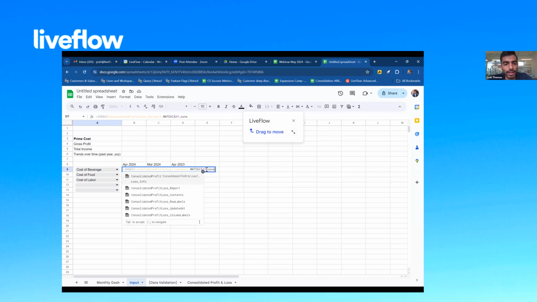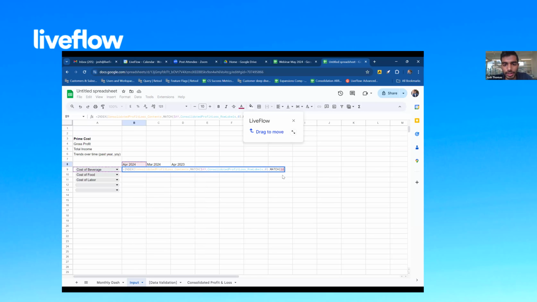And then we're going to do consolidated profit and loss row labels. And this is where the named ranges are really helpful because it allows you to create this very, very quickly and efficiently. And I'm just going to lock that cell, consolidated profit and loss, column labels, right? And 0, 0, there we go. Okay, so what we did there is now we are bringing the information from our consolidated profit and loss